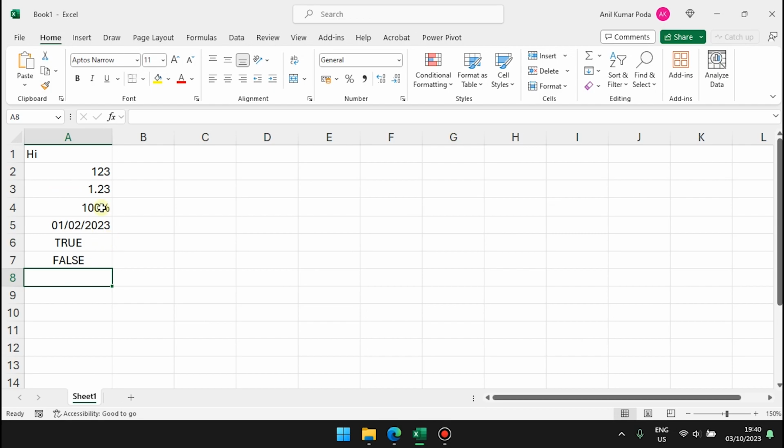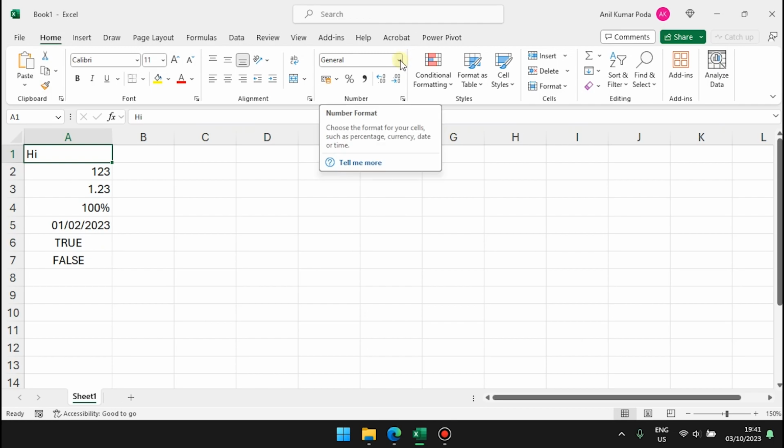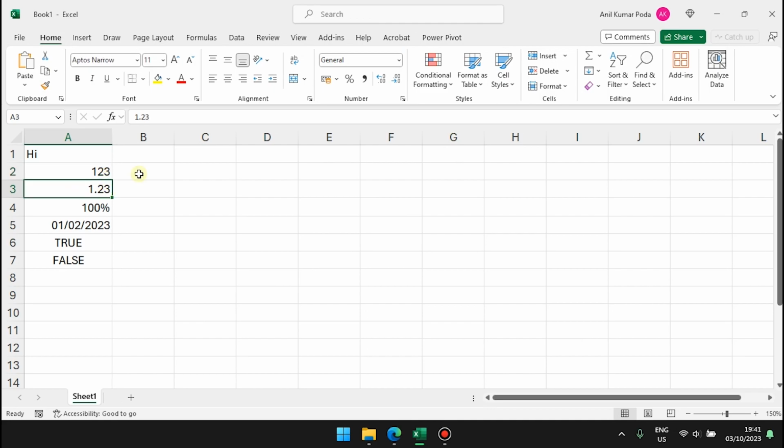So now, when you select this particular cell and go to this Number menu group, you see this General option. By default, when you select a text cell or a number cell or a fraction cell, it shows only General as its data type. The General one supports both text and numerics.